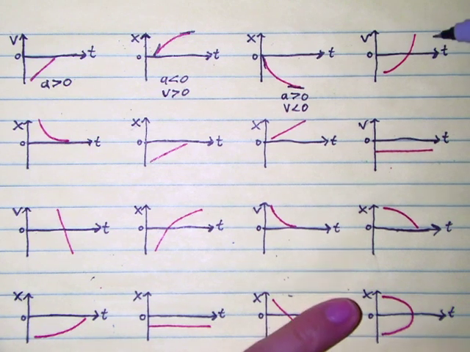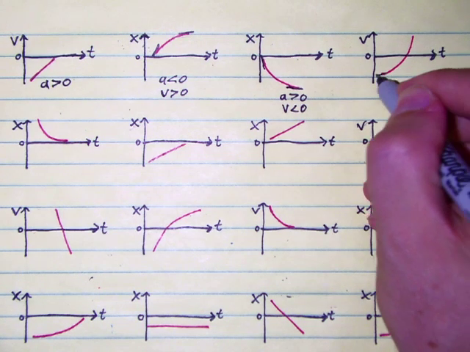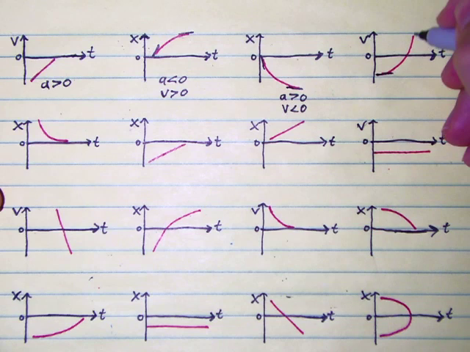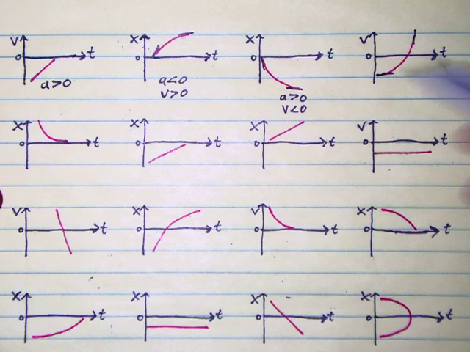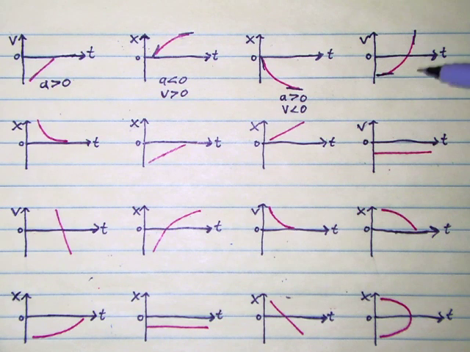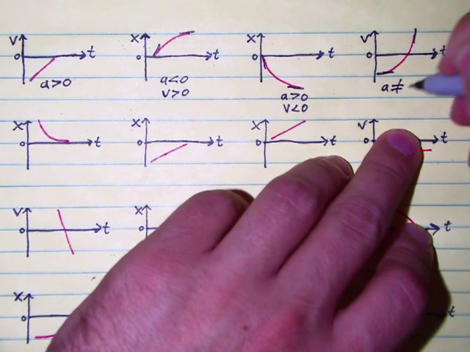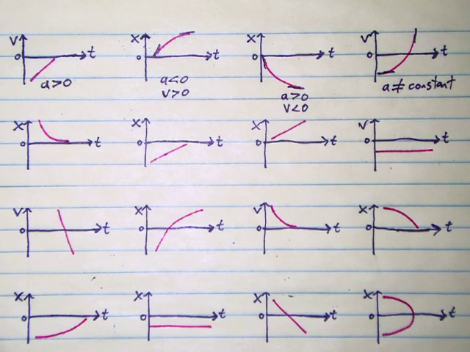This graph over here, it's another velocity versus time, and it's a curve. But if velocity versus time is a curve, what does that mean? Well, the slope of the tangent line is the acceleration here. So the acceleration is positive there, and it's positive here, but it's changed. The acceleration has changed from here to here. If the velocity versus time graph is a curve, that tells us that the acceleration is not constant. The acceleration is changing. So in this case, the acceleration is not constant at all, and that's the only conclusion